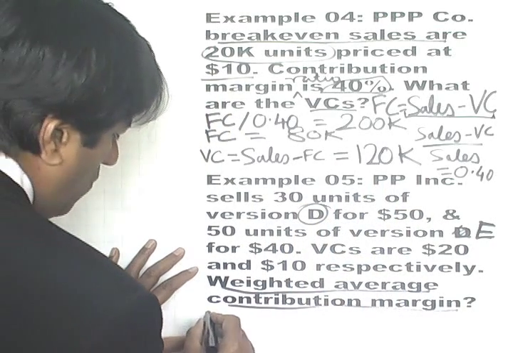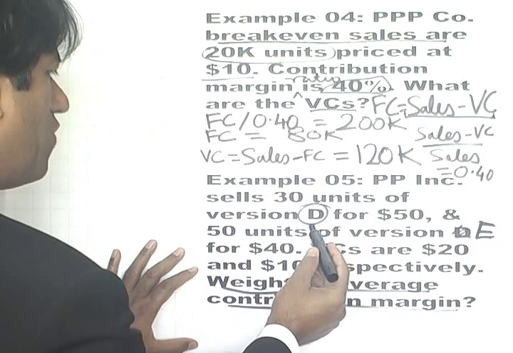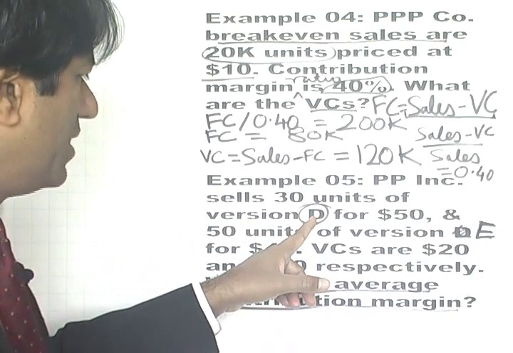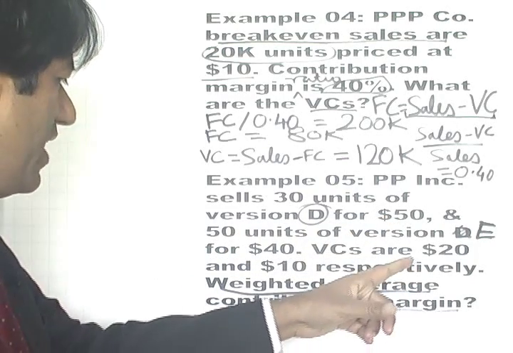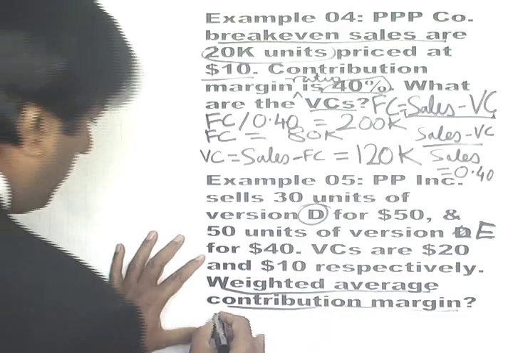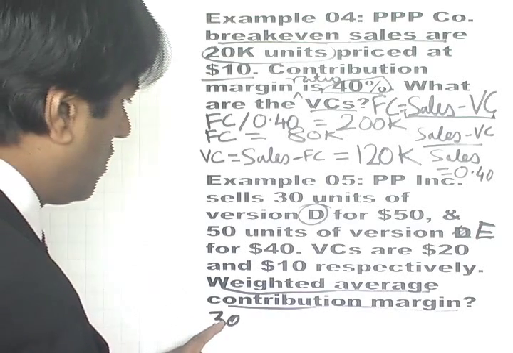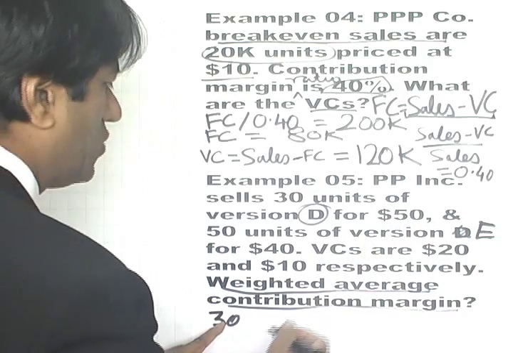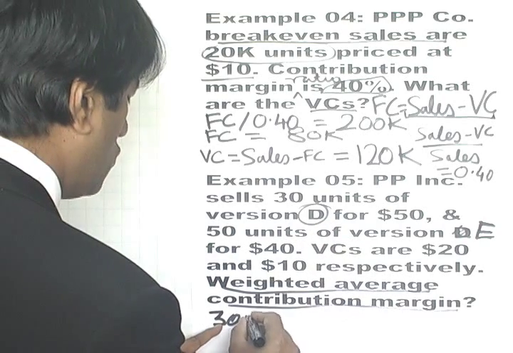So that will equal, what's the contribution margin for D? Well, the contribution margin for D is the price of D, which is 50, minus the variable cost, which is 20. So that's 50 minus 20 is 30. So this is the contribution margin for D multiplied by units of D. And how many units of D are sold? Well, 30 units of D are sold,